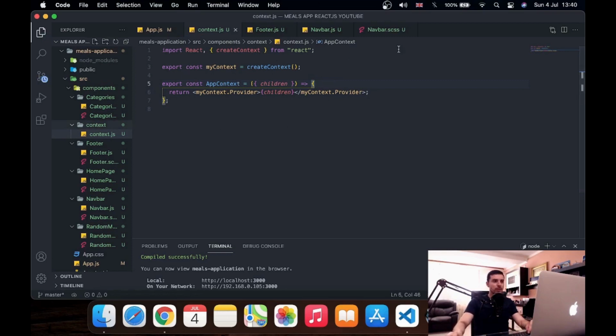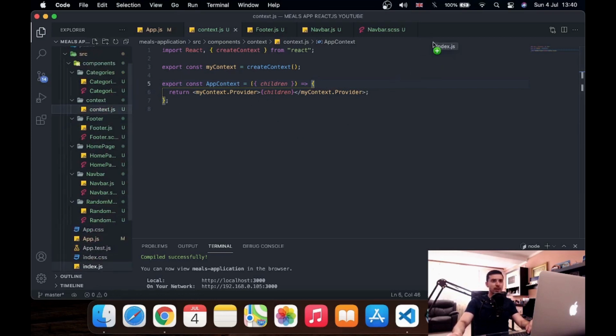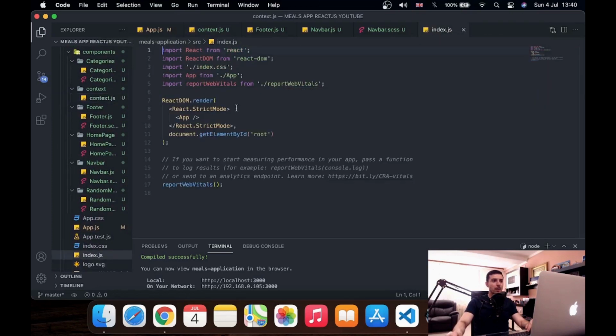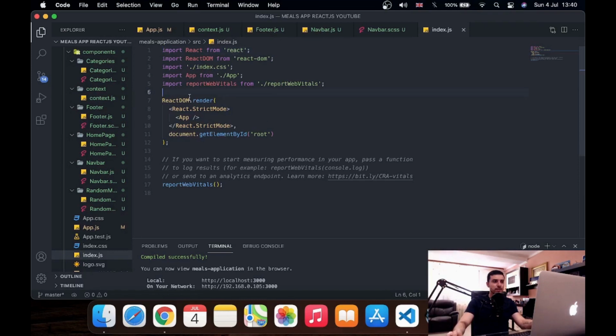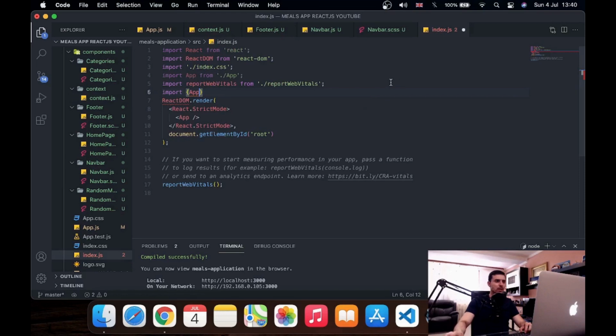And let's open our index.js file. And in order to use context in our app, we need to wrap our app with this provider right here, with this app context component. So let's import this. So I'll say import. Let me see, how was the name? App context. Okay. So import app context